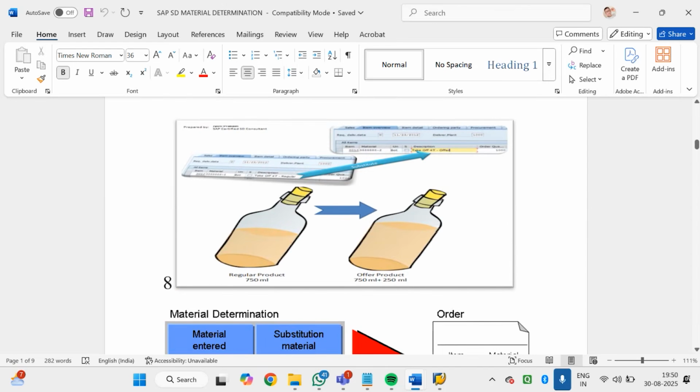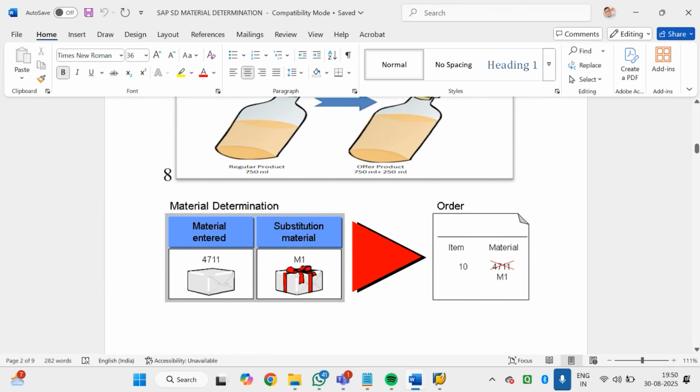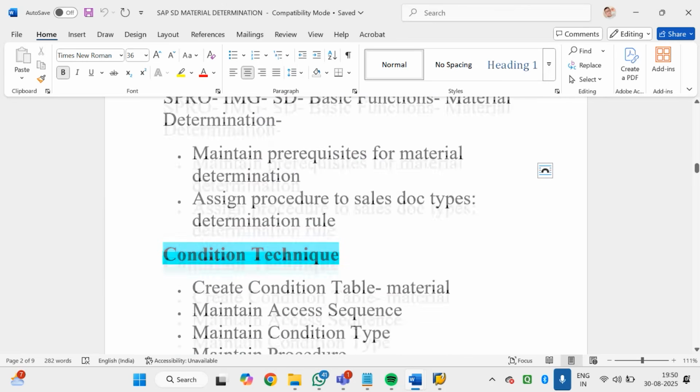जैसे एग्जांपल यहाँ पे दिया हुआ है, फॉर एग्जांपल वी आर यूजिंग रेगुलर प्रोडक्ट 750 ml, but same product with extra 250 ml offer, we have another product, offer product, which has extra ml. So instead of the regular product, the customer can purchase the new product. It will be automatically replaced in the order page. Yeah, for example, we order 4711 product, it will be replaced by the new product in the order page M1. दैट इज ऑल्सो वन ऑफ द टेक्निक. यानी कि जो प्रोडक्ट ऑर्डर कर रहा है वो नहीं है, उसके बदले दूसरा है अवेलेबल। तो यहाँ भी वी डू द सेम